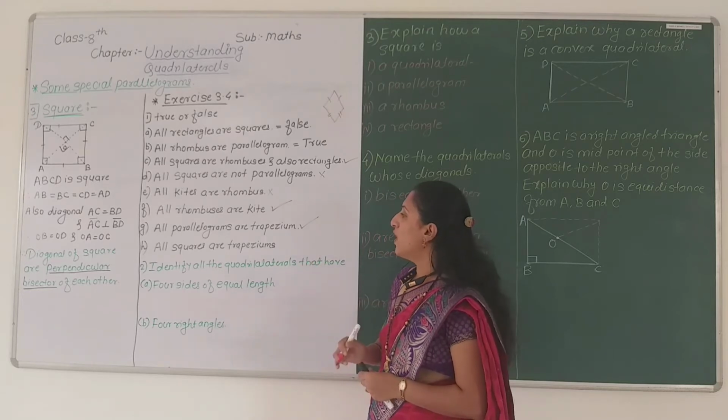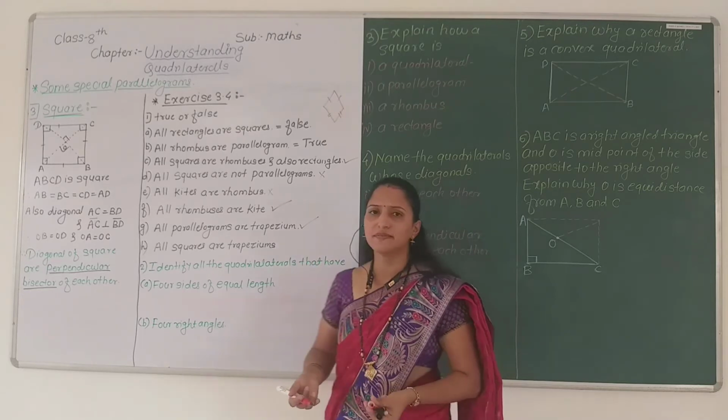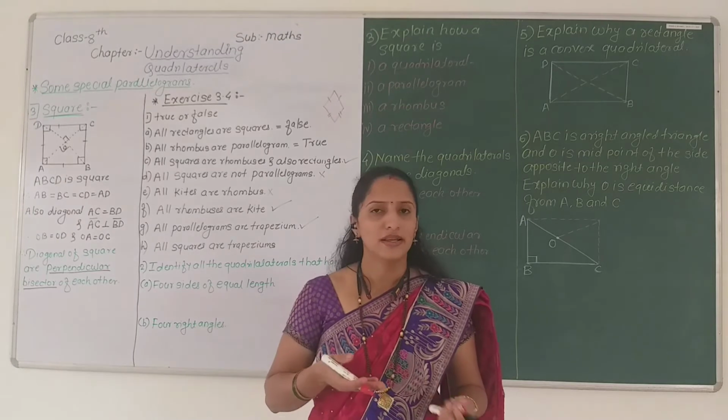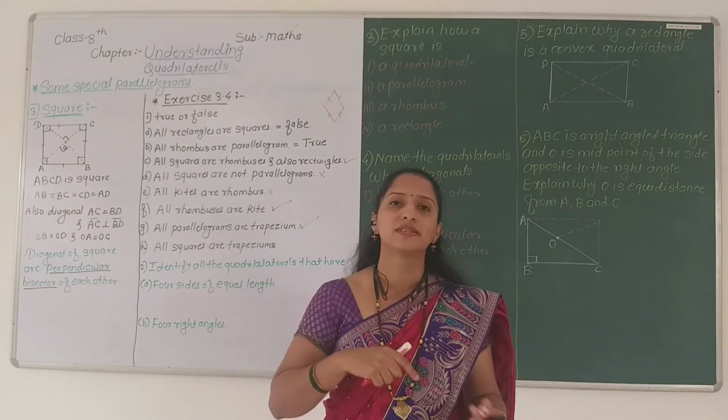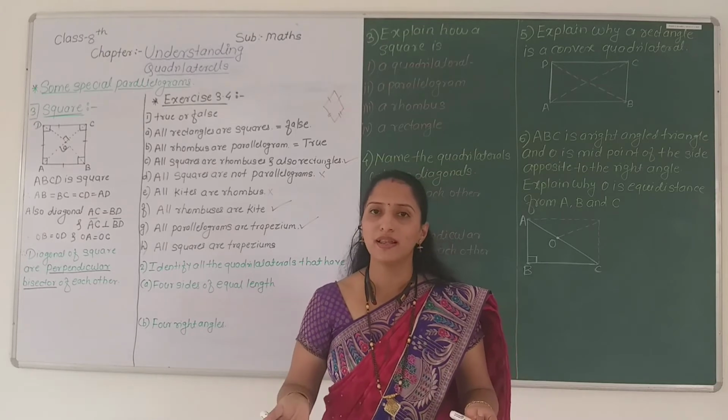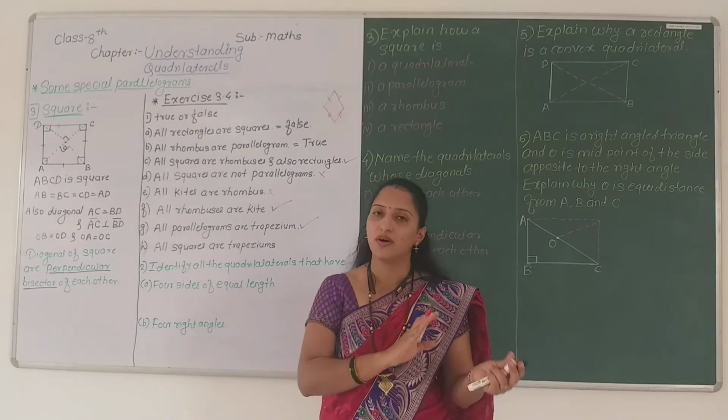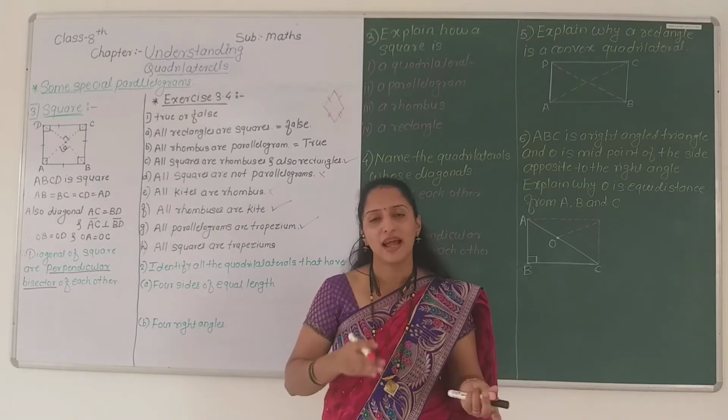Next one, all squares are trapezium. Yes, in a square opposite sides are parallel. That means a square contains a pair of parallel lines. In a square opposite sides are parallel and trapezium